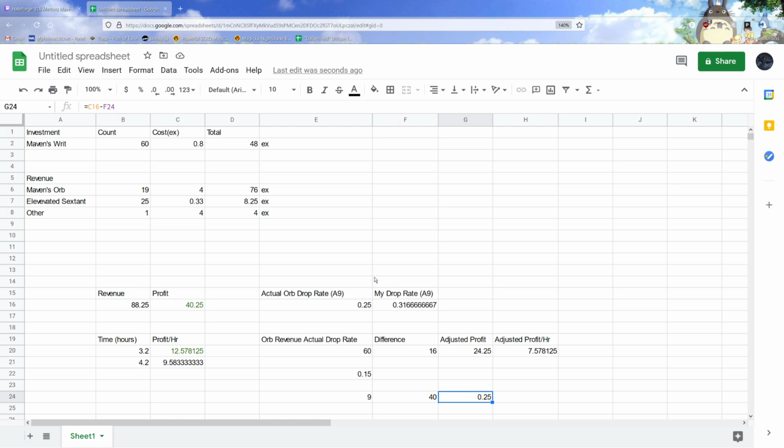I don't think it's likely you'll get super unlucky like this, but it could happen. So basically, my moral of the story is do a big sample of these. If you only do like 10 to 11 writs or like 15 writs expecting to hit 12.57 exalts per hour or something, you might be severely disappointed. You could get super lucky, obviously, but